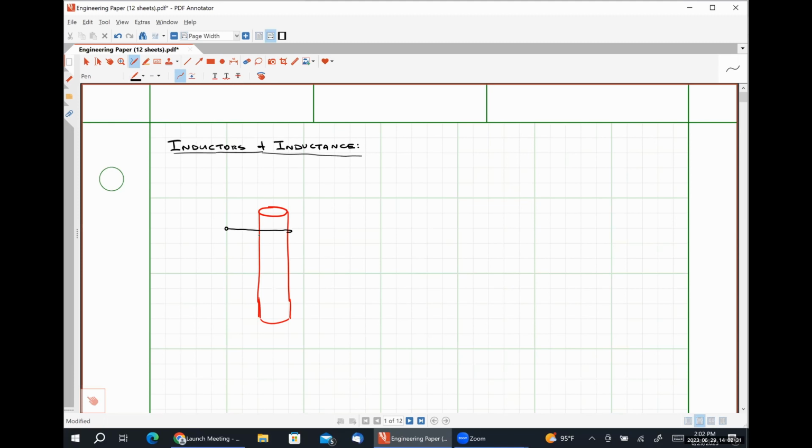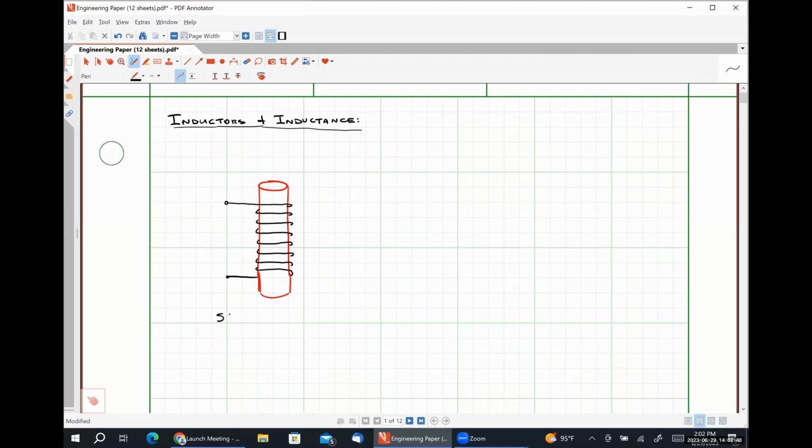So we wrap a wire around this cylindrical core many, many times, like so. We will have what is called a solenoidal inductor. I'm going to say that this coil here has N turns. The number of turns that we wrap the wire around our mandrel makes a difference with regards to the